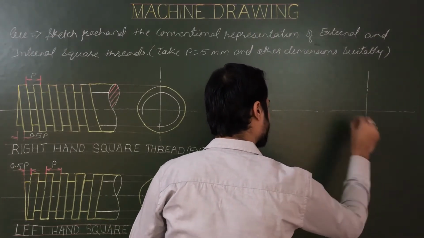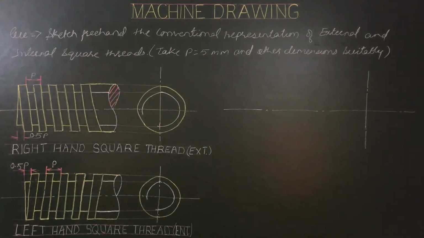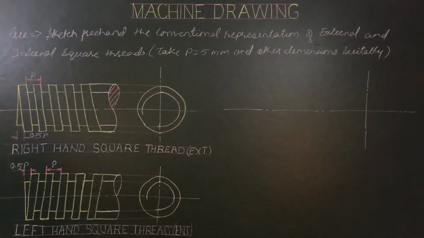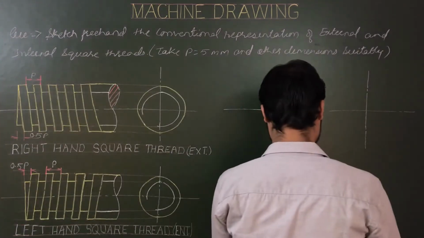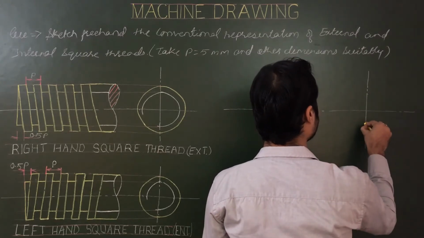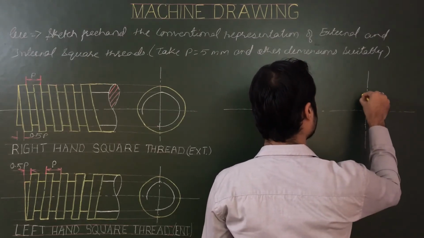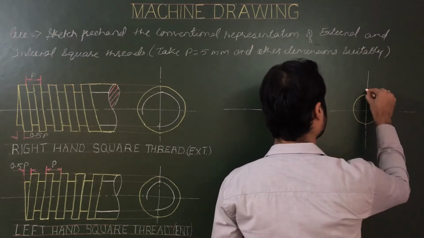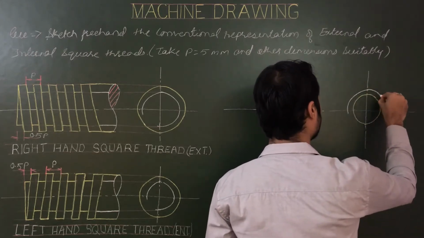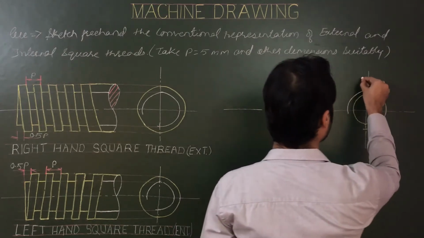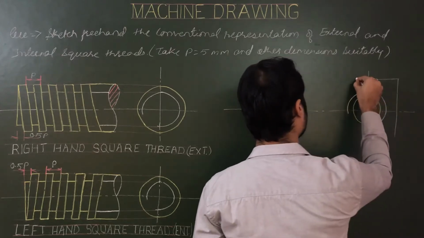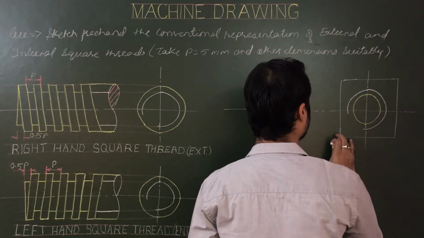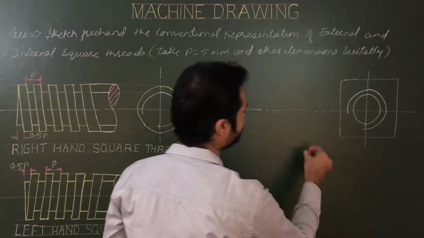Draw vertical axis like this. Now for internal threads, this circle with dia D will be incomplete. So again draw two circles of dia 0.8 D and D. First circle with dia 0.8 D complete, and second circle with dia D incomplete. So circle with dia D is incomplete now. And then a square or a box for side view. Then we have to catch these limits.